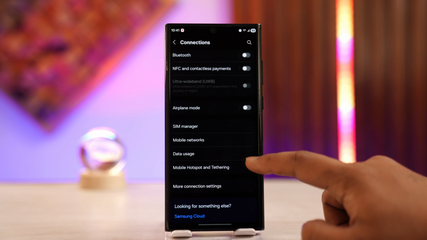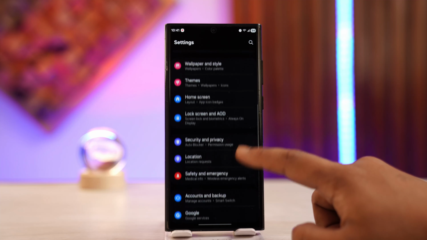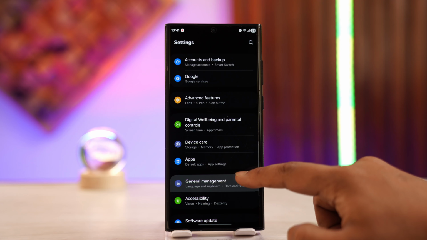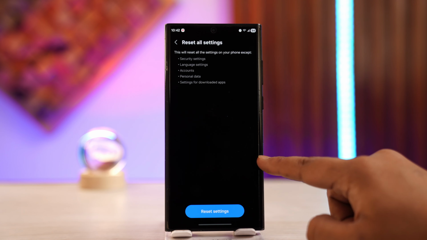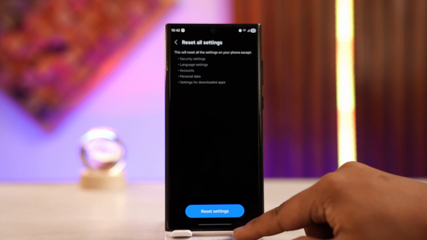If none of these are helping, just come back and scroll down to the general section. From general management, again scroll down and tap on reset. And tap on reset all settings over here to reset all the settings, and hopefully that would help